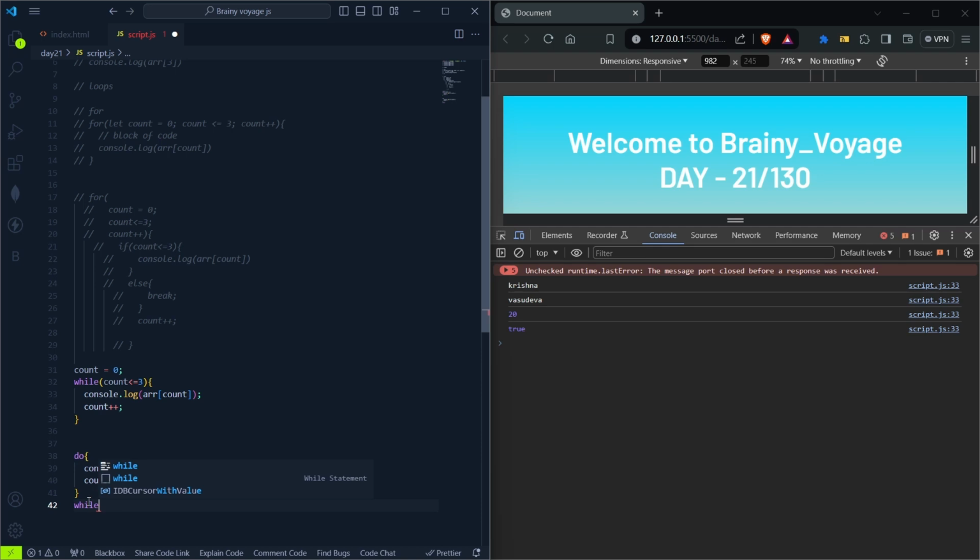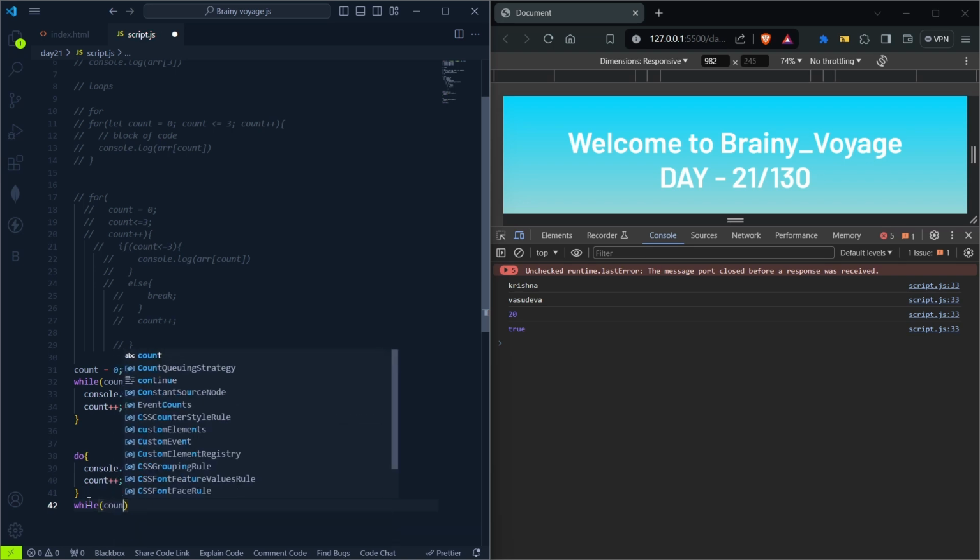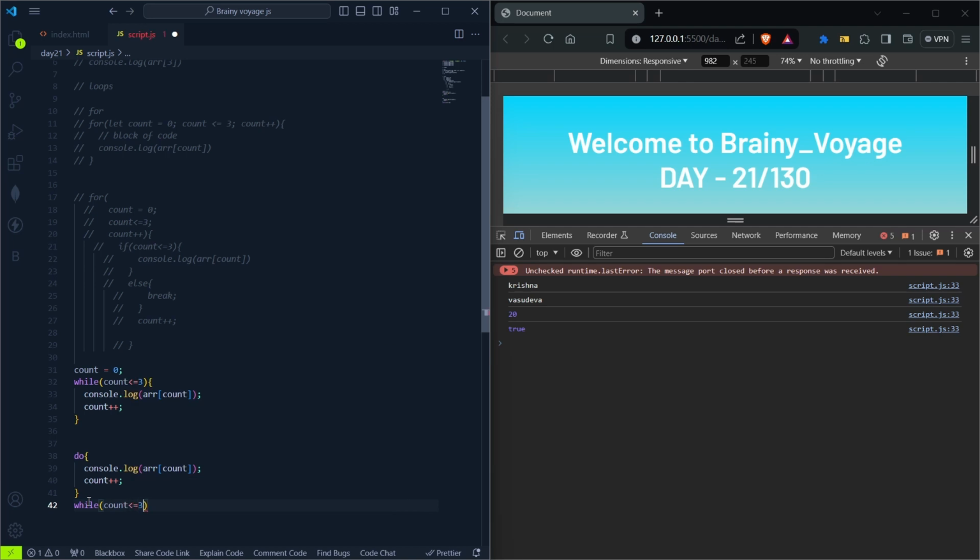It is just like writing an if else block. But we cannot stop it with the do, so we should always write the while condition if we write do. It is just like a condition to stop the loop, so we cannot end up in an infinite loop. Okay, so I'm going to write the while condition, which is count less than or equal to 3. This will be my while condition. If I just save the file,